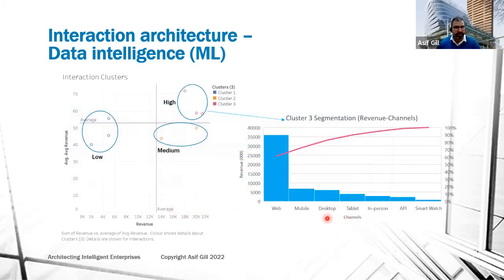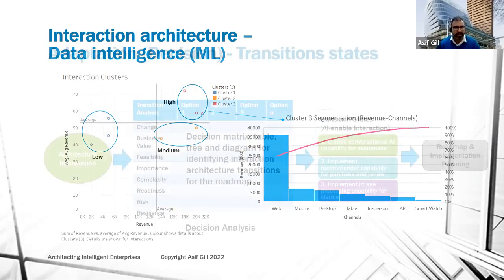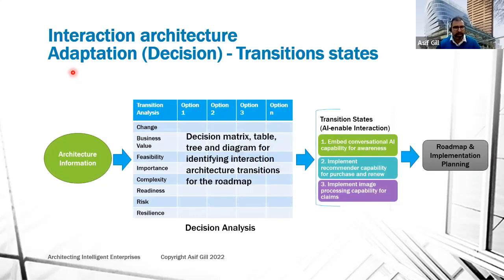And further to that, we can also use clustering on the interaction data, architecture data, using machine learning. You can see that 3 clusters are identified using a clustering approach from machine learning. This top cluster is high value interactions. And then there are medium value interactions based on the average revenue. And there's a low value interaction based on the revenue. You can have a similar clustering approach applied to your own interaction architecture data or business architecture data for your own department or organization.